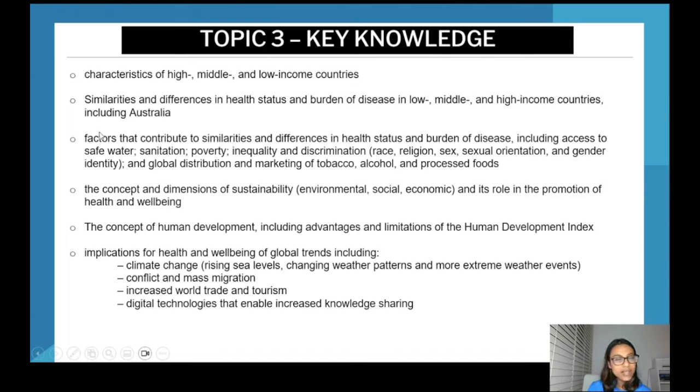We all make mistakes, guys. But it's super important to annotate your questions so that you know what kind of income country you need to talk about in your response, because you could just have written a great response about the impacts of the economic or like the conflict and mass migration, as an example, in low income countries,